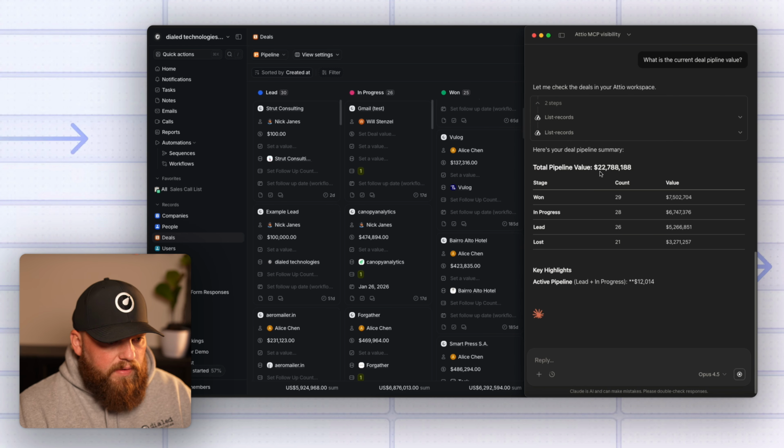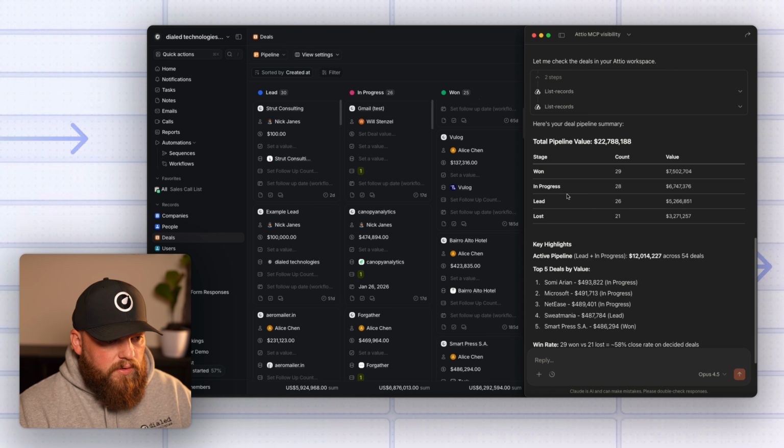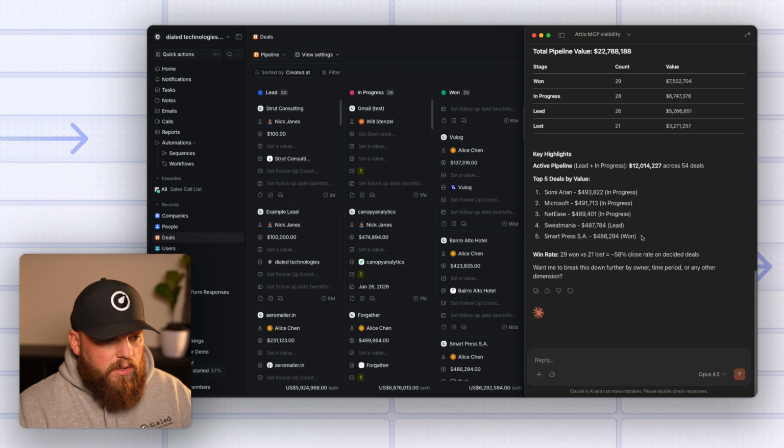So the total pipeline value is 22 million here. It's going to take that a step further, and it's going to show us in each stage how many deals we have, what the value of those stages are, and then it's going to show us the top 5 deals by value. And it's asking if I want to break this down further by owner. So actually I'm going to say,